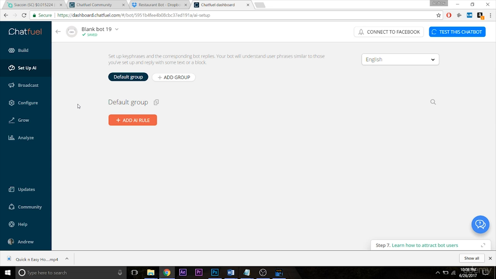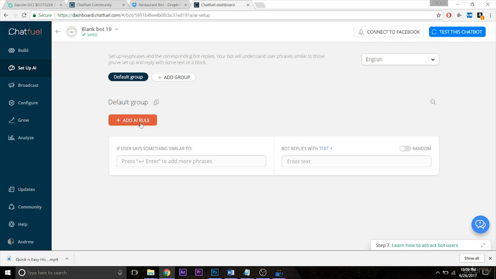So how do we do that? Go to the Setup AI tab where I am at currently, and then go to Add AI Rule. And this allows you, as you can see on the screen, quite simply to create certain parameters so that users will be directed to a certain block based on what they send you. So as you can see on the left, if user says something similar to, let's say, hi, and then you can press return on the keyboard to add multiple words. If the user says something similar to hi, hey, hello, then we can either respond with text,